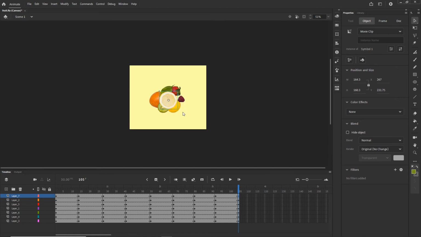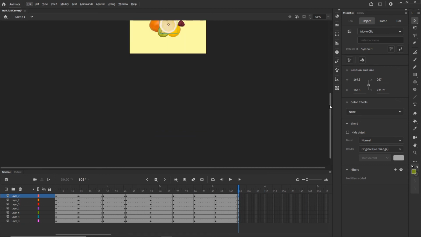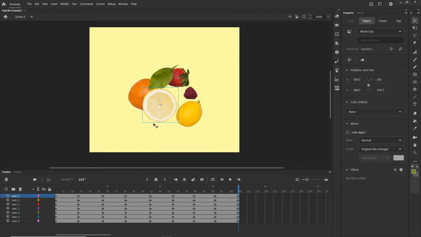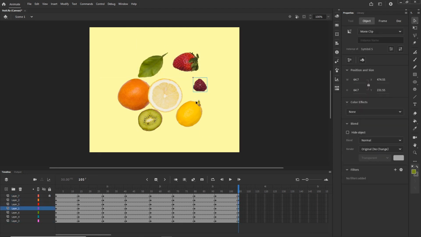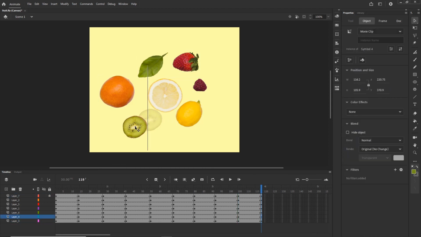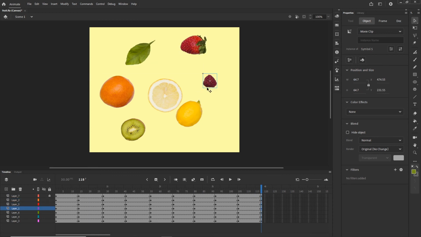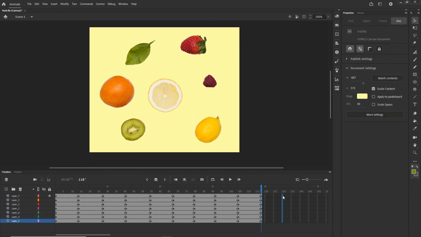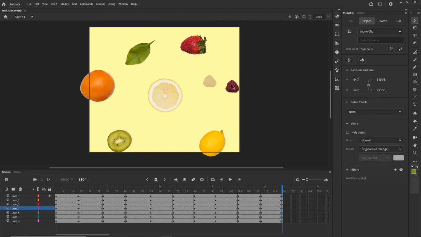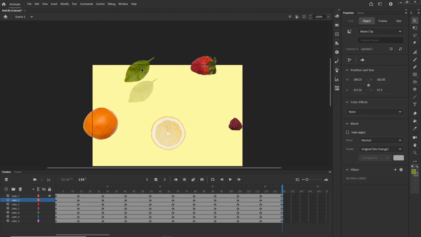I do not want to move the lemon in the center. I'm going to zoom in a little bit. So I'm going to get them like so. What I can do actually is I can click on this lemon and I can lock it so I can't move it. So something like this, then F6 maybe, and a little bit more like so, F6, a little bit more like so, and the last one, they are going to go out of the frame,